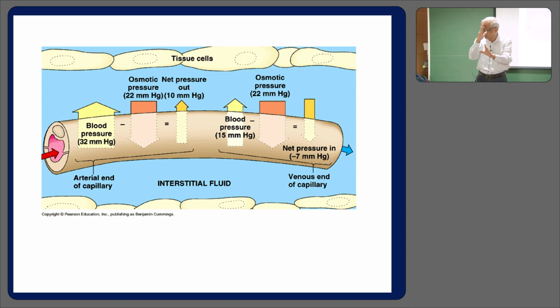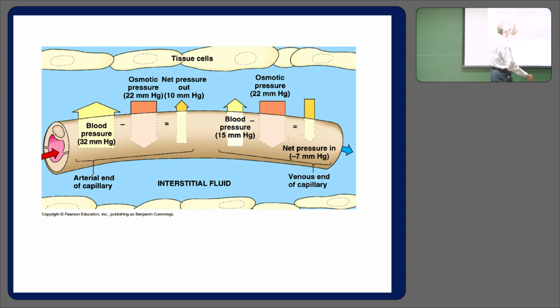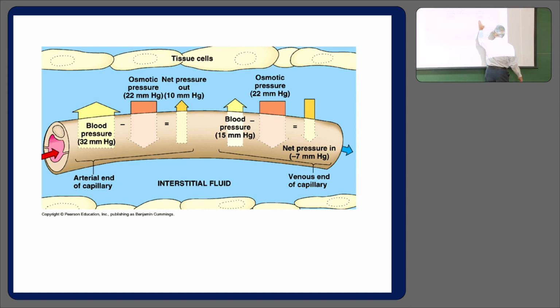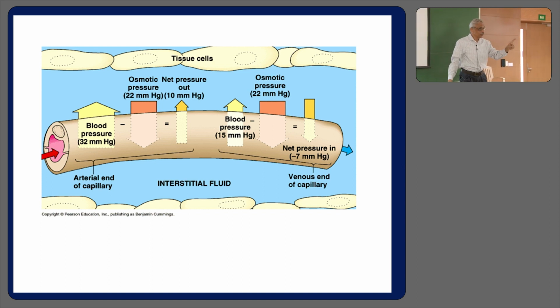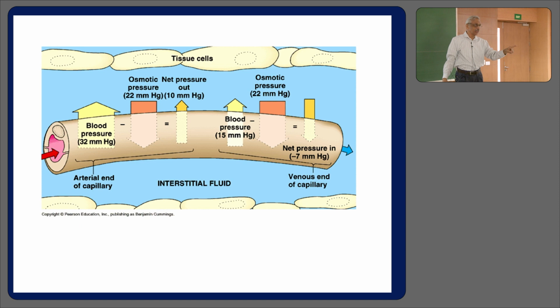This 10 is absolute. It will be reducing as you go from the capillary toward the center, and as you go from here, the blood pressure has gone down. This more or less remains 22 or whatever, and as a result of that, the net pressure inside is -7. So the fluid will go back. 100%? No. 80 to 90%. Whatever 10-20% still remains, it has to go where? It has to go into the